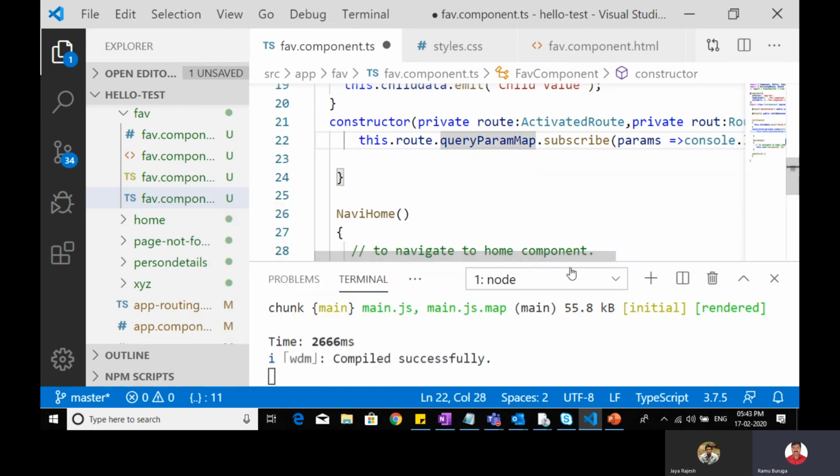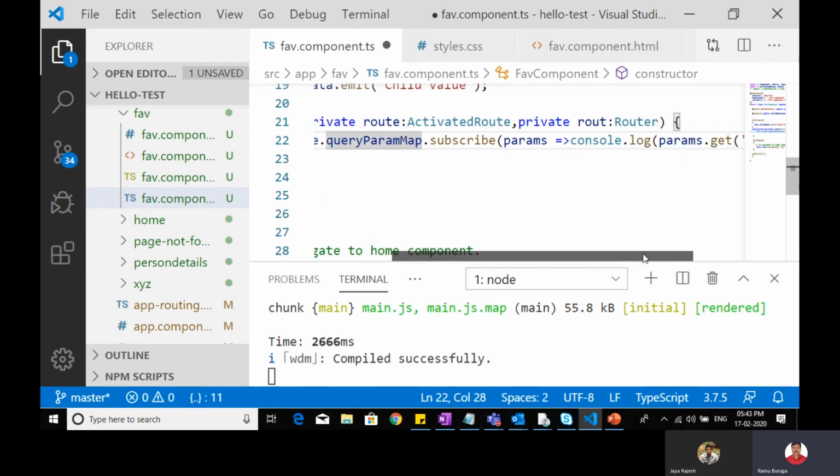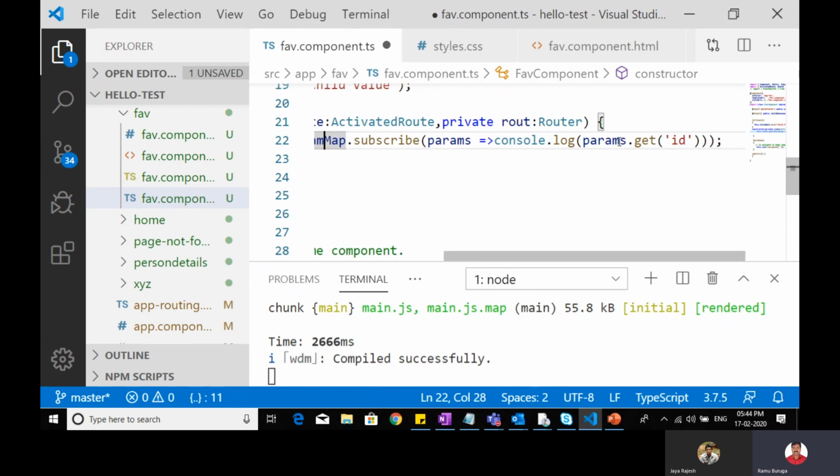Whatever value is coming from the parameters, I am reading it this way. This is an internal variable which I declared, and get is the method to read that variable and its value. I am printing it in the console log.